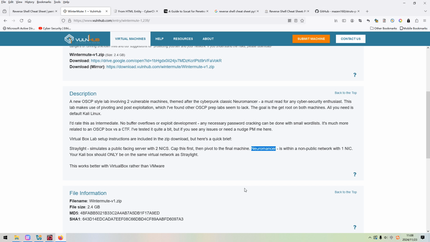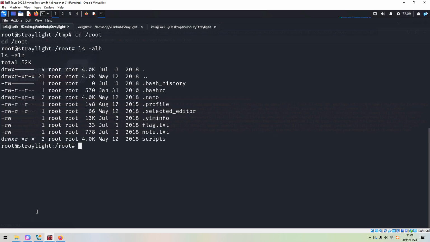Of course, I will assume that we have already got the full control of the first machine. So now we can go ahead to the shell of the first machine. Okay, Streetlight. So here, we can start our operation with the second machine within the internal network or non-public network. So how to do? I think first of all we need to get some notes